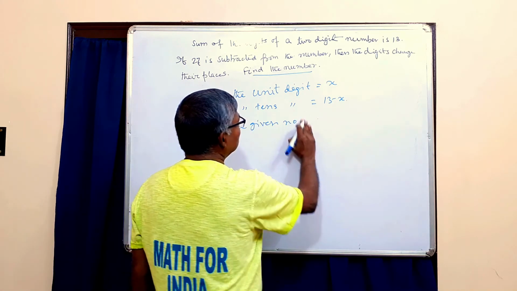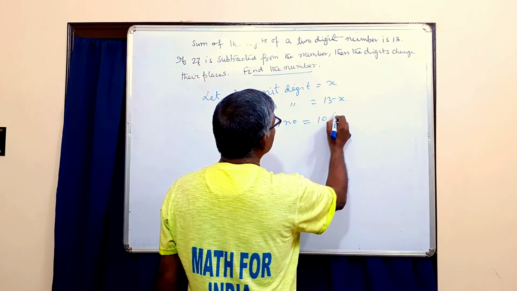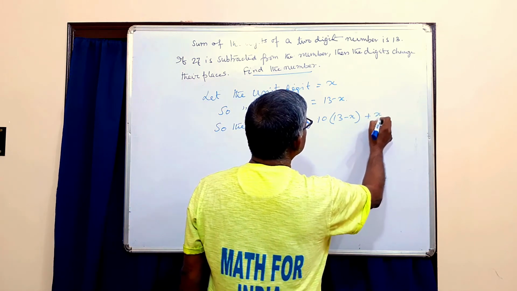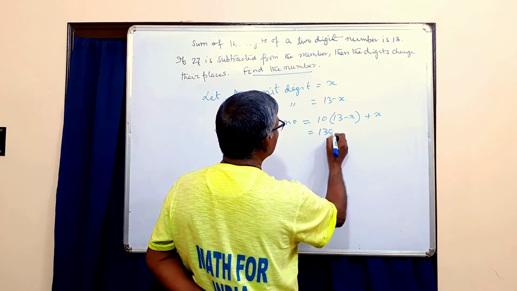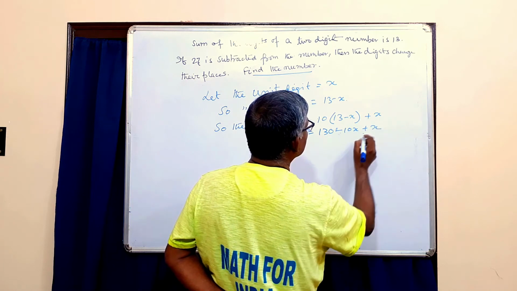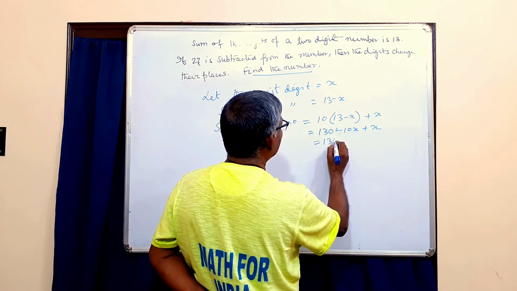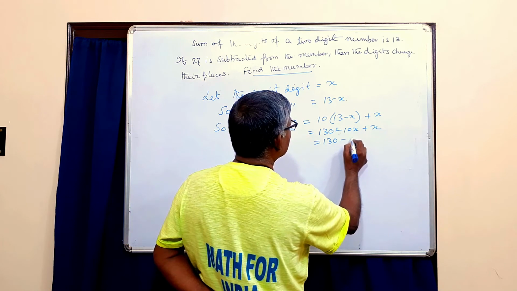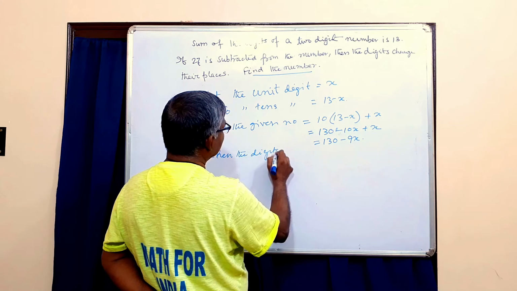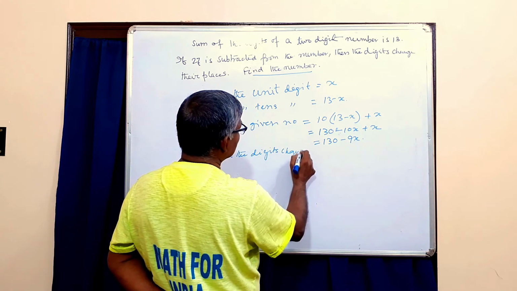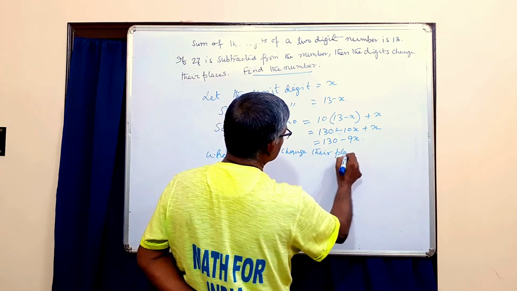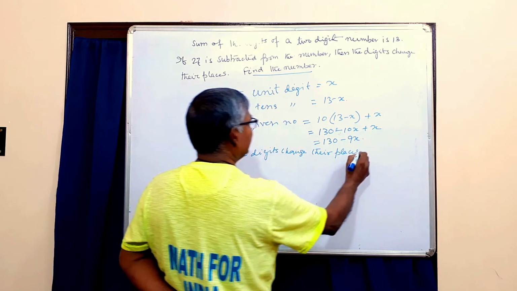Given number equals 10 into 13 minus x plus x, that is 130 minus 10x plus x, that is 130 minus 9x. Now we can write, when the digits change their places, the new number